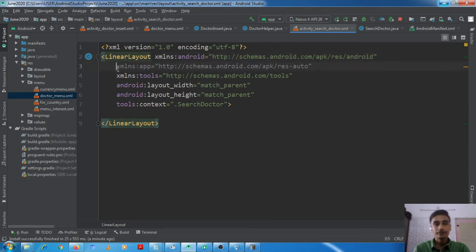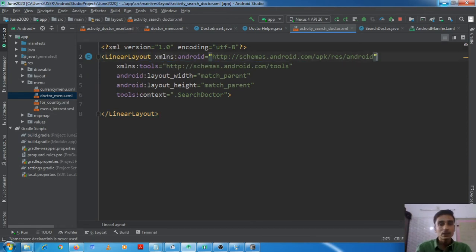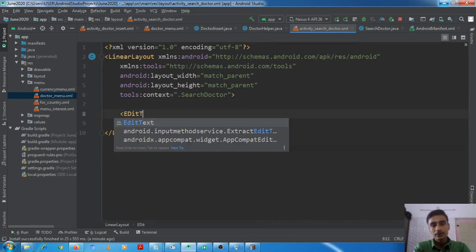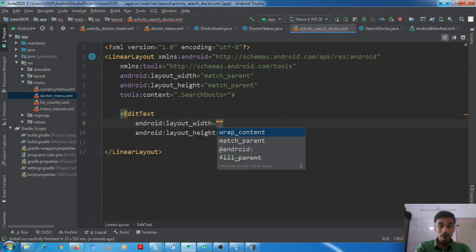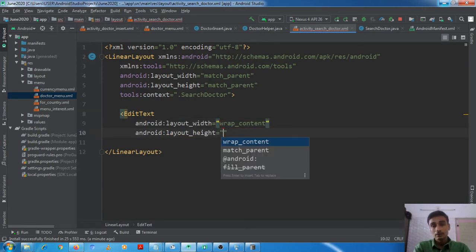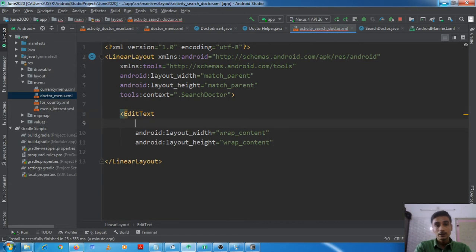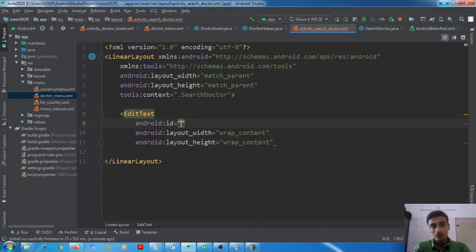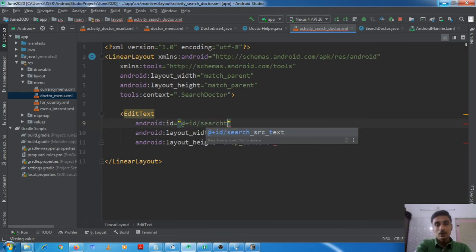and in this layout, first of all, there will be one edit text, ID, search text.